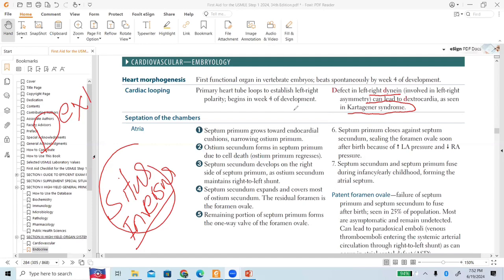So the dynein is involved in retrograde transport, meaning axon to the cell body. So what is the clinical significance? If the dynein is defective, so that this transport does not take place, it will manifest as Kartagener syndrome. The patient presents with male infertility and recurrent respiratory tract infections. So they give you this kind of scenario. Next, retrograde transport is important for herpes simplex virus, rabies, and Clostridium tetani.